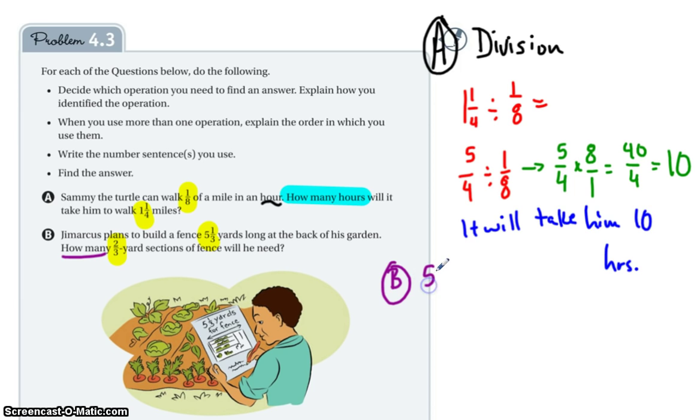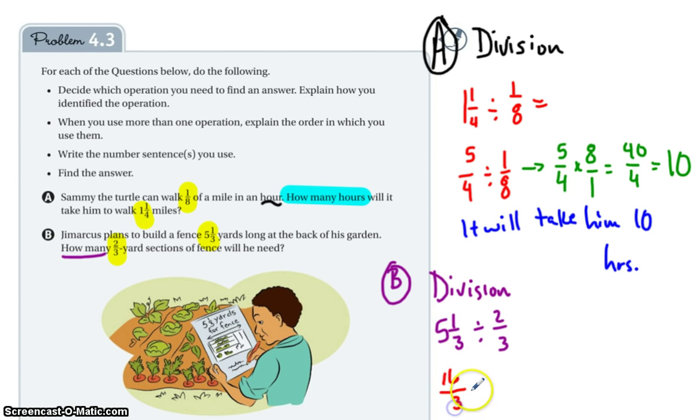So that would look like 5 1/3. Oops, I need to identify my operation first because that was the first thing. So it's division. Okay, and my number sentence that I'm going to set up is 5 1/3 divided by 2/3. Well, this time, instead of multiplying by the reciprocal of the second fraction, I'm going to use the common denominator strategy that we talked about in class because both of these have a 3 as a denominator. So first thing I'm going to do is turn 5 1/3 into an improper fraction. So 5 times 3 plus 1 would give me